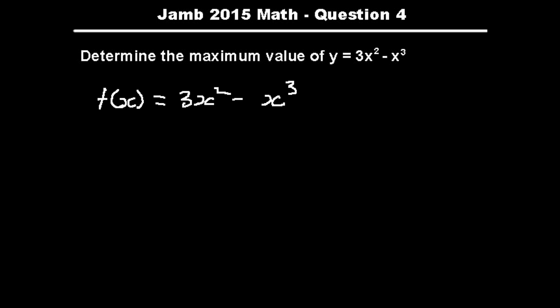All right, we're looking at question number 4 of the 2015 JAMB Math exam, and we're asked to find the maximum value of the following expression. Y is equal to 3x squared minus x raised to the power 3. This might look like a simple question, but it actually involves a significant amount of understanding of differentiation and